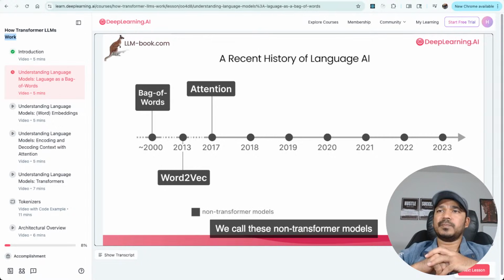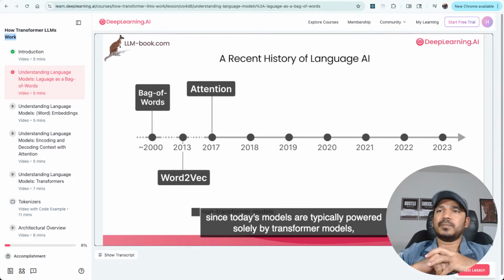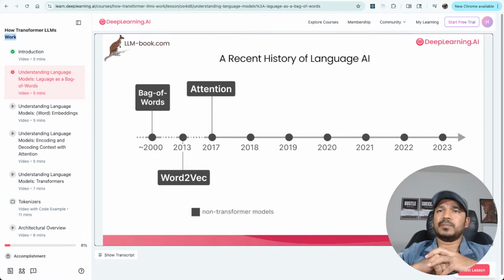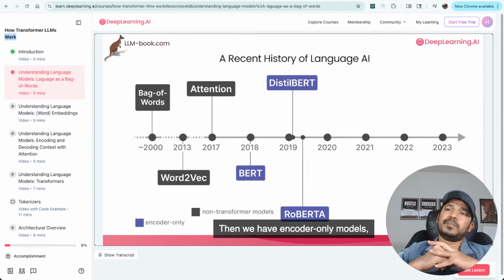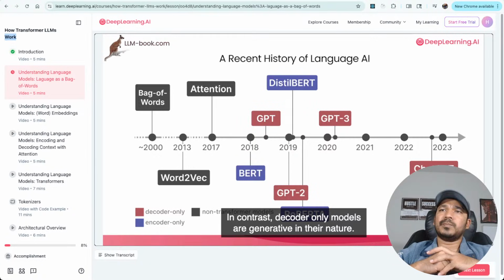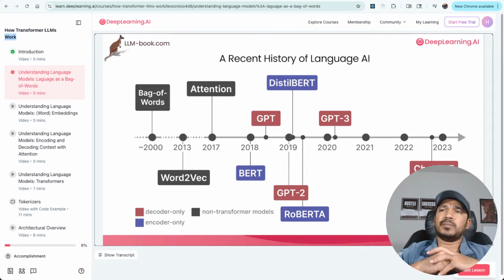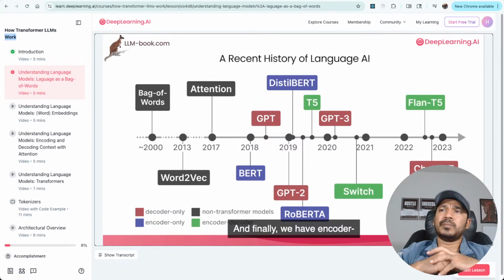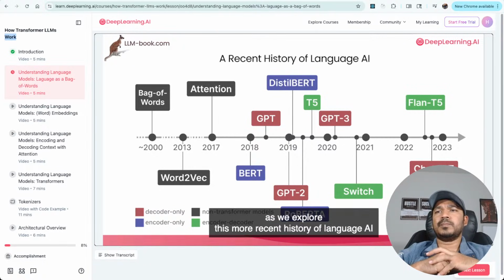We call these non-transformer models, since today's models are typically powered solely by transformer models, in contrast to these strong baselines. Then we have encoder-only models, which are great at representing language in numerical representations. In contrast, decoder-only models are generative in their nature. Their main usage is to generate text. And finally, we have encoder-decoder models that attempt to get the best of both worlds. You will learn about these non-transformer models, encoders, decoders, and how they relate as we explore this more recent history